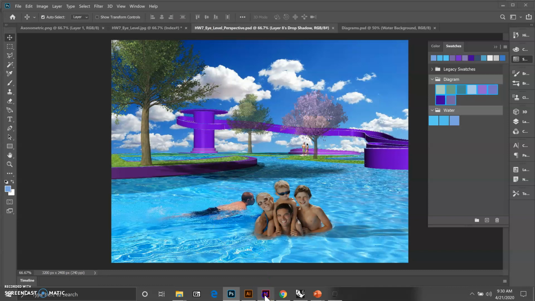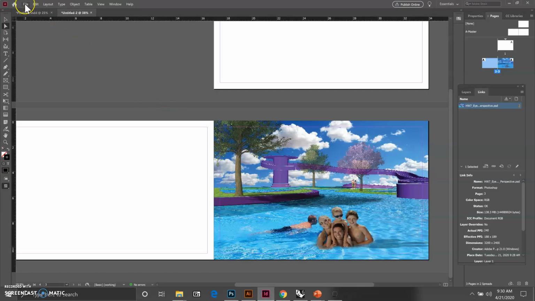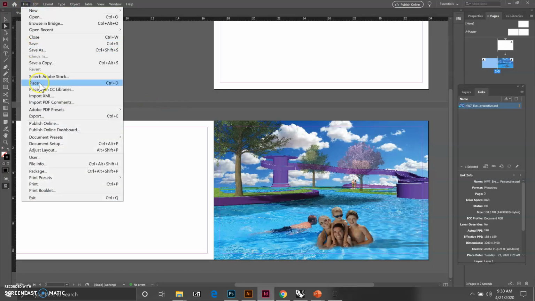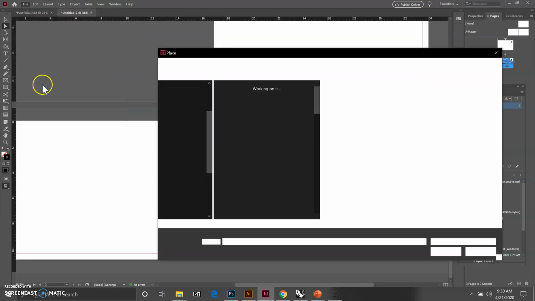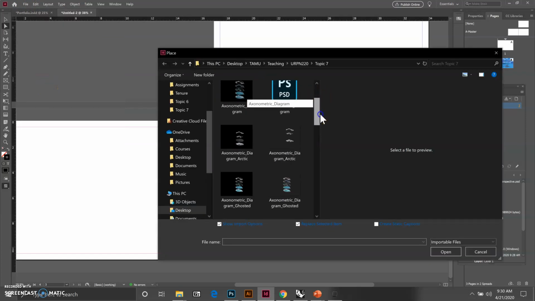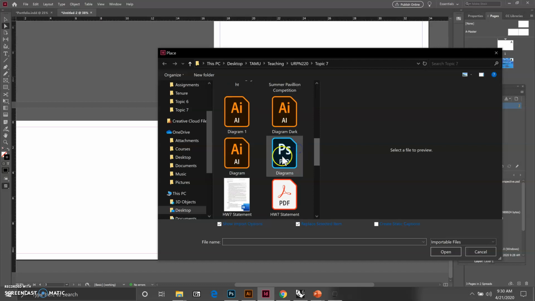So let's go back to InDesign, and then we're going to place another file that has layer combinations set up. So let's just find a diagram